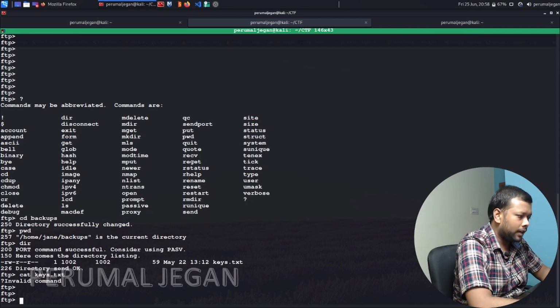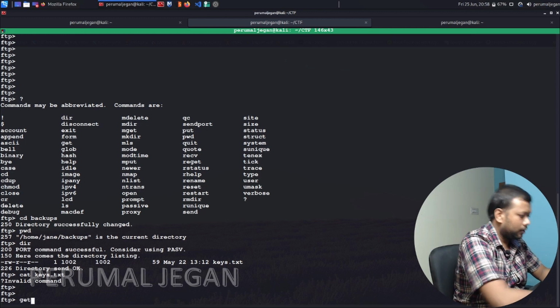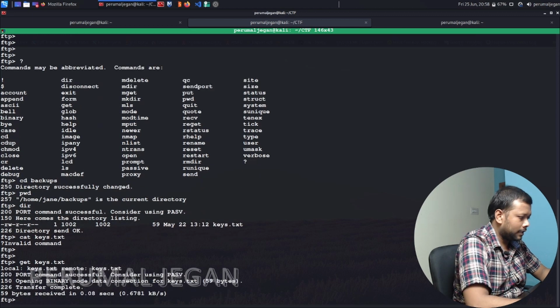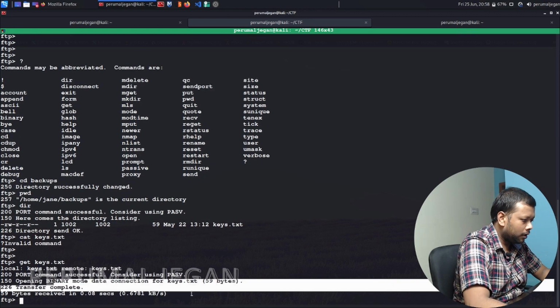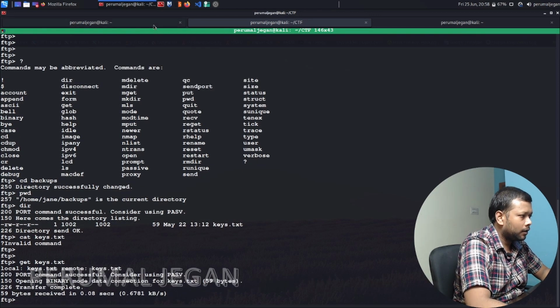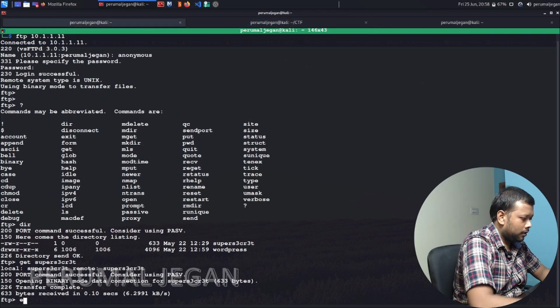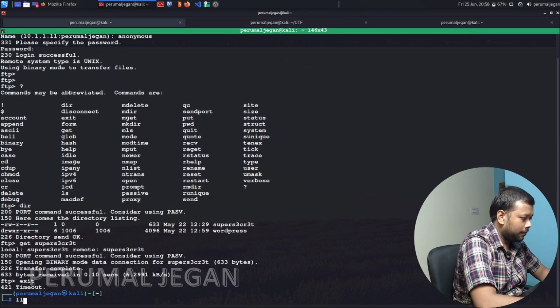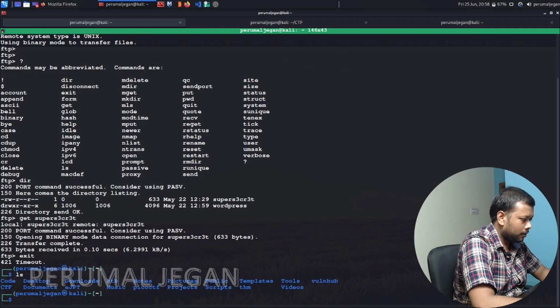Let me download this file to my machine so it will be easy. get keys.txt. Okay. It downloaded to my local machine. Let's get in. cd etf.